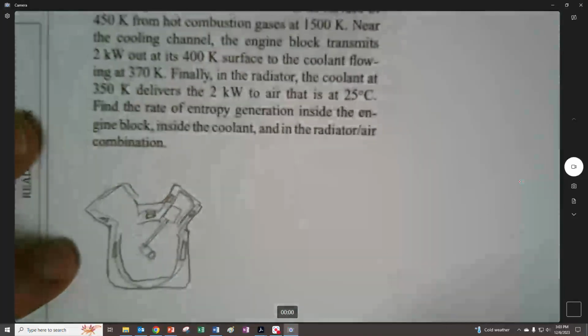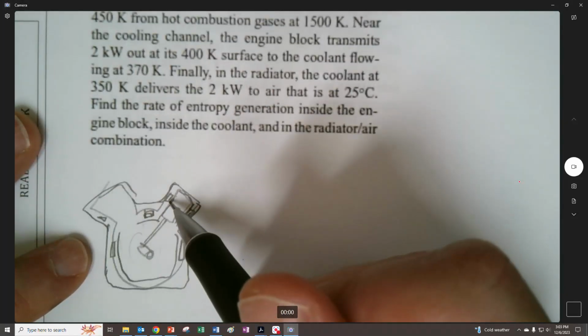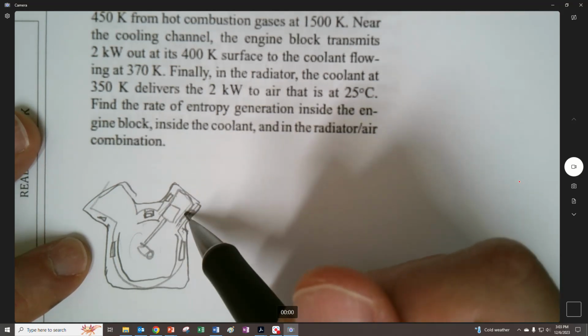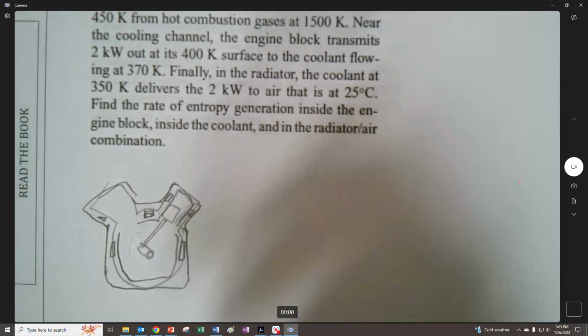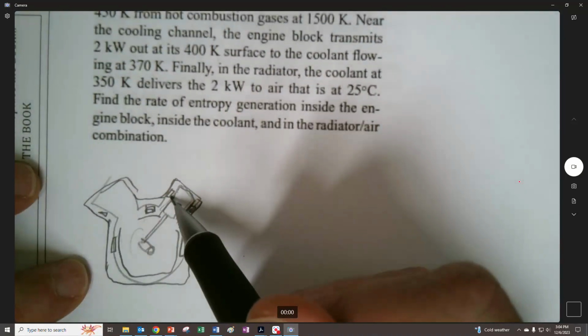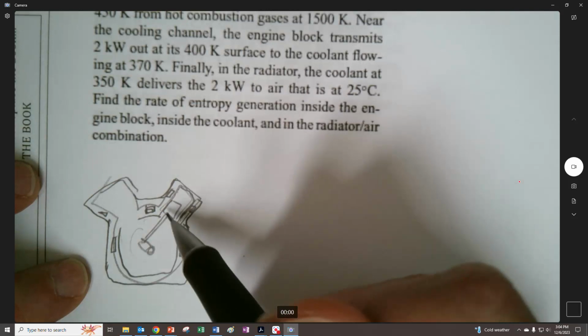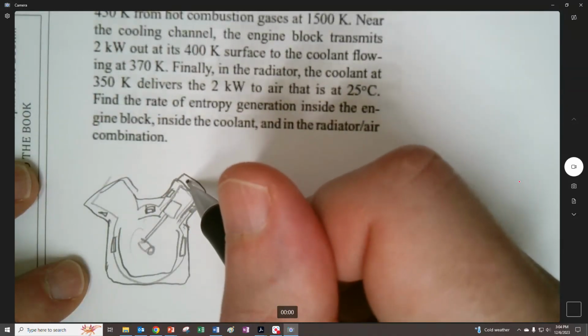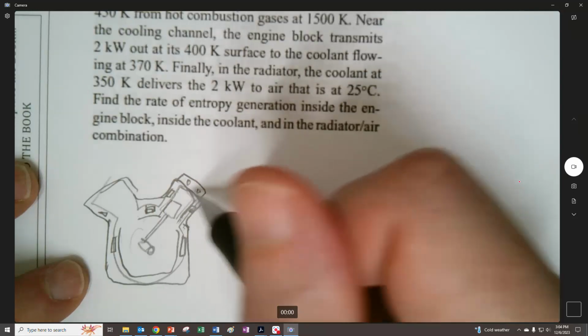but like in diesel engines, and maybe even some gasoline engines, they'll have a liner that fits in there, and the coolant will be on the outside of the liner. But anyway, they'll even be in the head, right? There'll be some coolant in passages in the head,